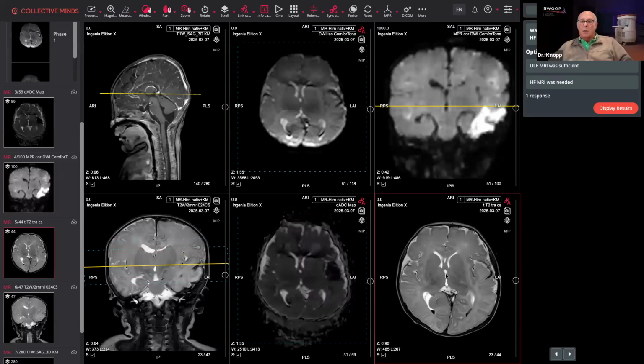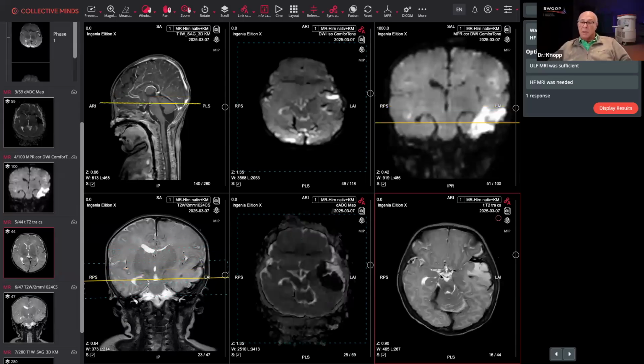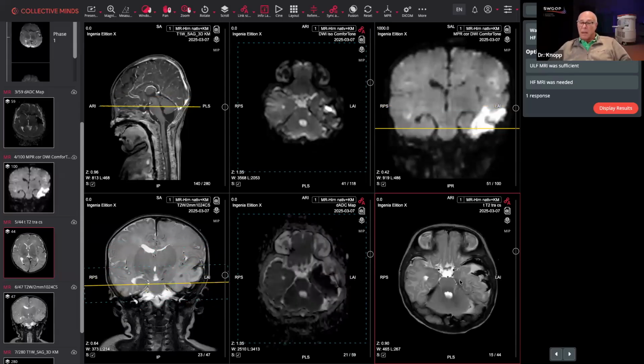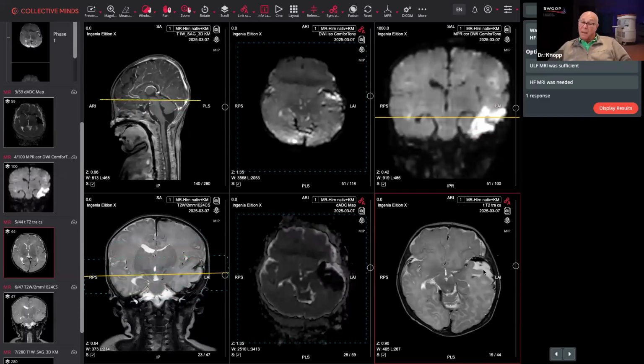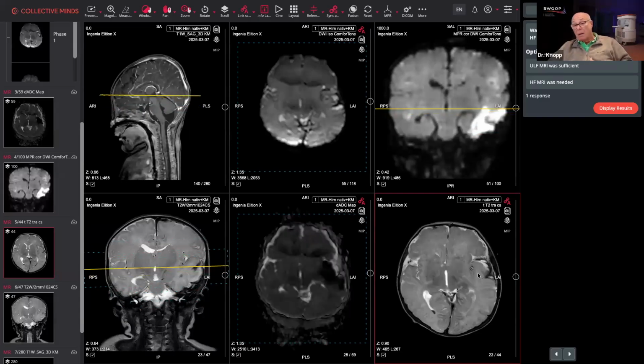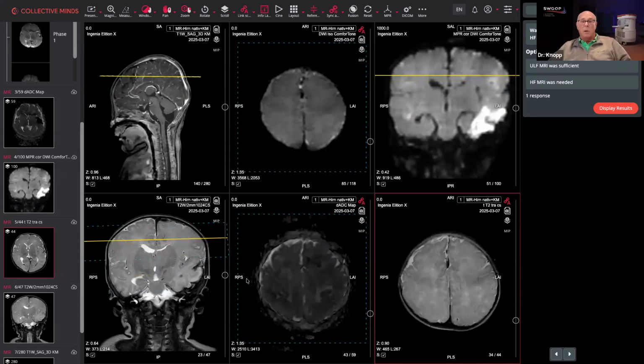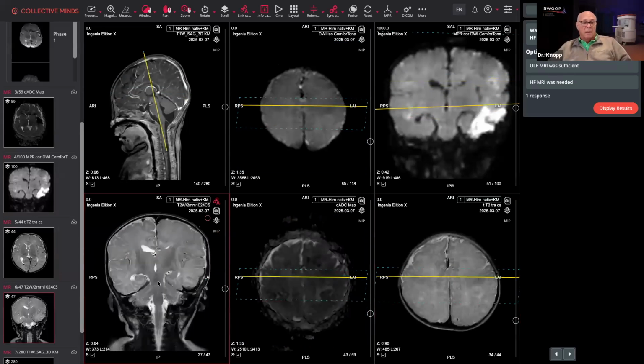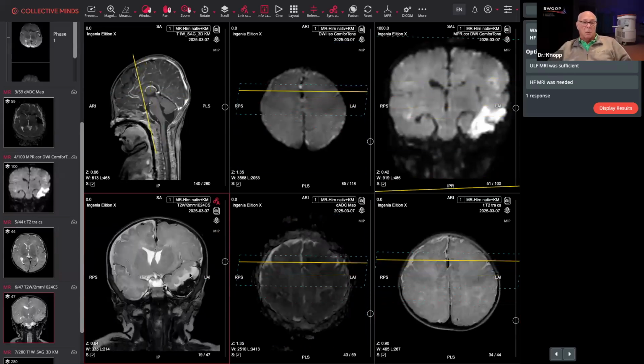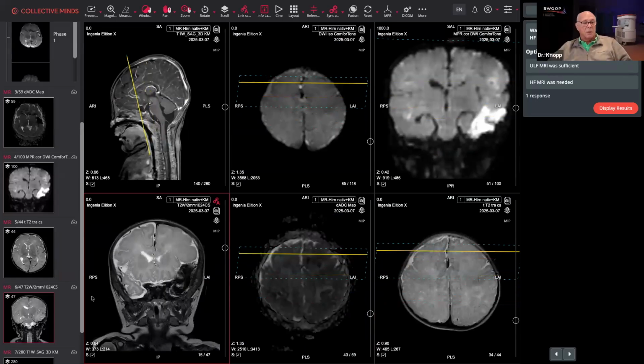Right. So here we have the axial T2 in this case, again, starting from the skull base and coming up. And again, we see this similar area in my mind of T2 signal abnormality in the brain parenchyma. If we look at the coronal, it outlines it and gives us a little increased conspicuity. I'm looking for,